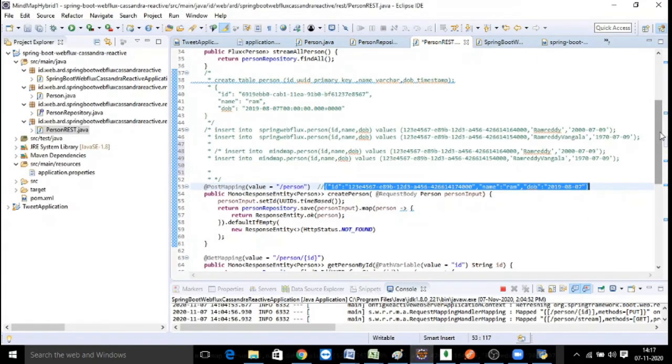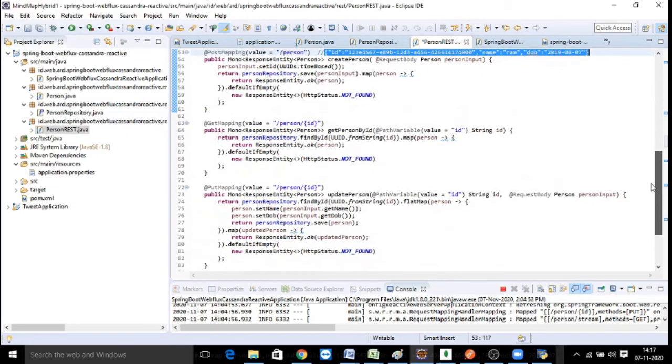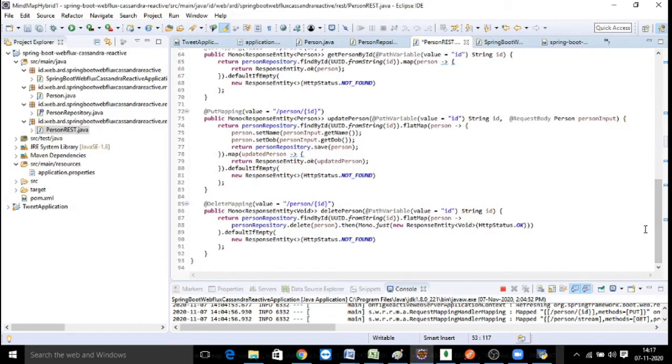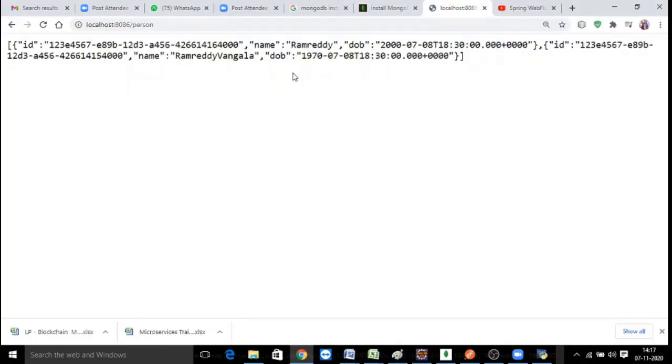Similarly, you can also practice with a delete request, and then a put request to update the data. Whenever you wanted to delete, you need to provide the person ID to be deleted. So when it is displaying, you just need to make a note of the available IDs.